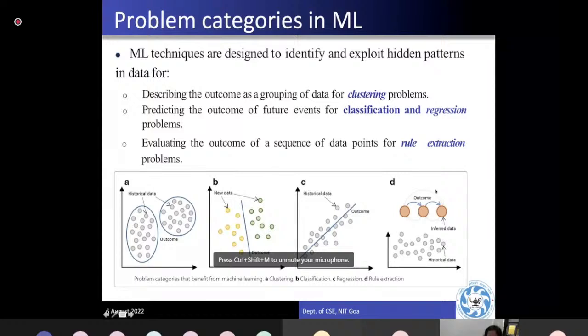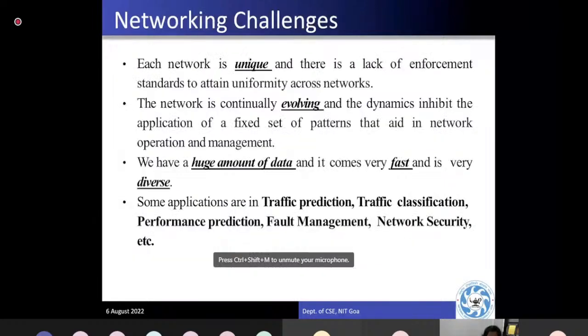So this is the rule extraction. That means you are going to define a rule as such. When the input is given, these are the transitions, and what would be the future transition for a given input, right? So that's the rule extraction. In short, the whole of machine learning divides into different types of problems: either clustering, classification, regression, or rule extraction. So you as the engineer need to define which category your problem comes under and what type of model you are going to work with.